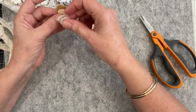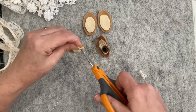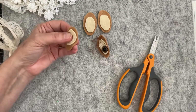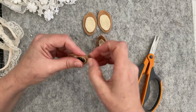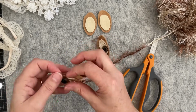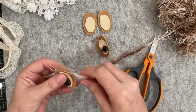Okay, let's just do this one step at a time. Just a hint of lace in there. And it's just a case of pushing my sharp pointed scissors through to make the hole. Then I get my eye in. That's good. And before that shank goes on, we need to get our little piece of eyelash yarn tucked in there. Now, I probably will add a few stitches as well because I don't want it coming out and I want to know that